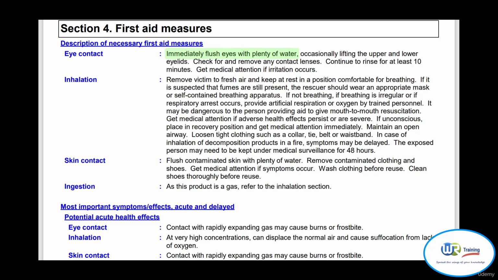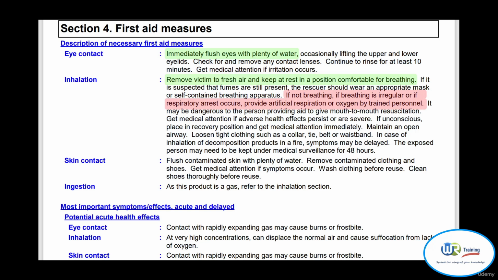And in case of inhalation, the actions to be implemented strongly depend on the situation. For example, if the victim is still conscious, they must be removed to fresh air and kept at rest in a position comfortable for breathing. If the victim is not breathing or if breathing is irregular, artificial respiration or oxygen must be immediately provided